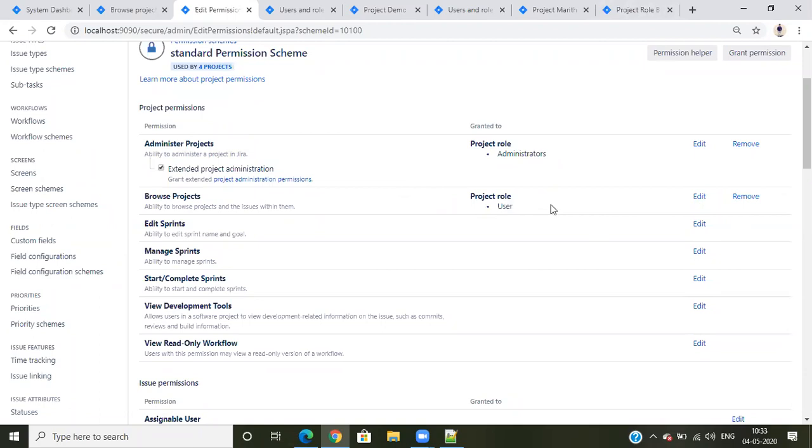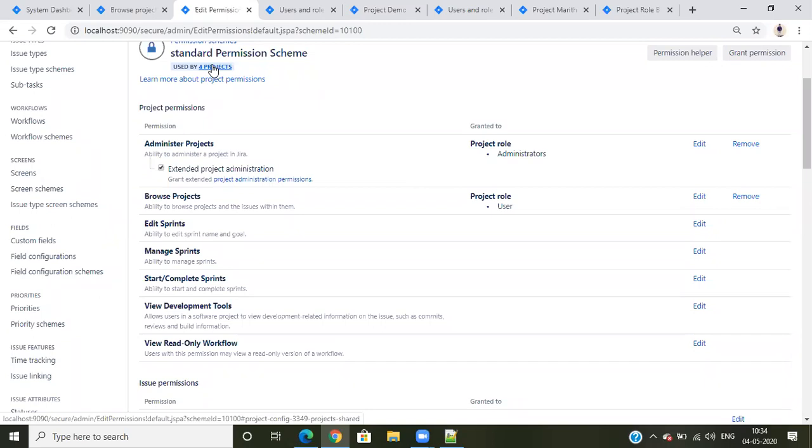So at this level, if I provide a user here, that user can access all 4 projects. And suppose I add any group here, that group's people can access all 4 projects. But what do we need to do separately, and how do we maintain that separately? We only have the option to maintain a different scheme for each project. Suppose you have 4 projects, you can maintain it, but if you have 300 or 400 projects, we cannot create new permission schemes every time.